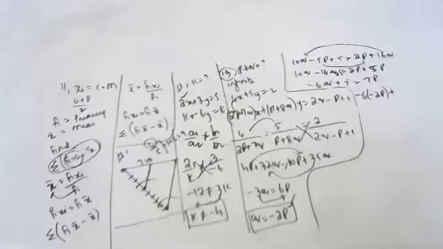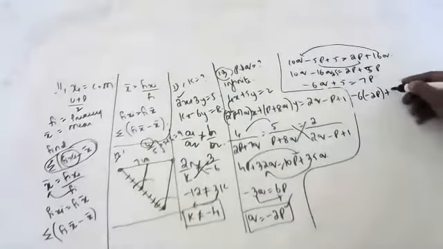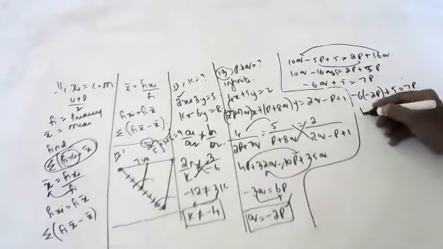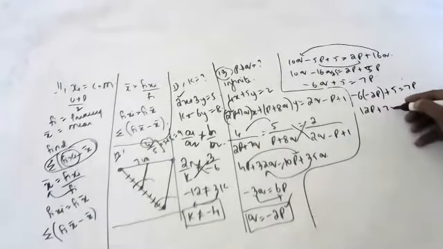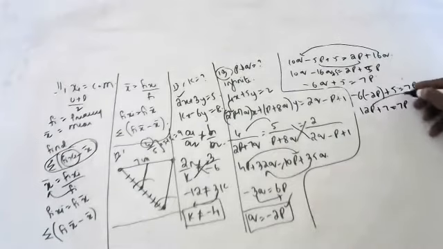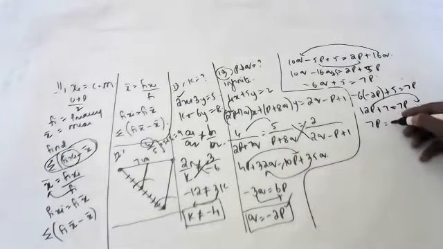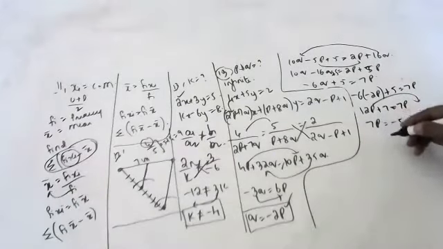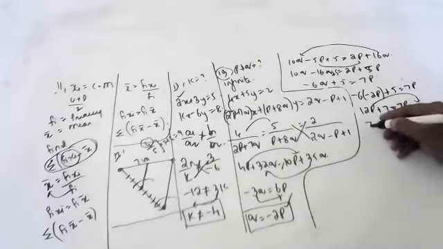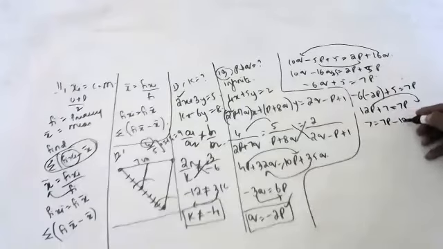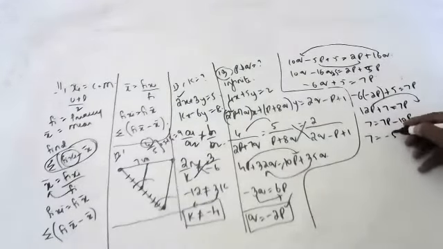Minus 2p. Okay, so how much is that? 12p plus 5 is equal to 7p. 12p minus 7p is equal to 7. So 7 is equal to 7p minus 12p. 7 is equal to minus 5p.